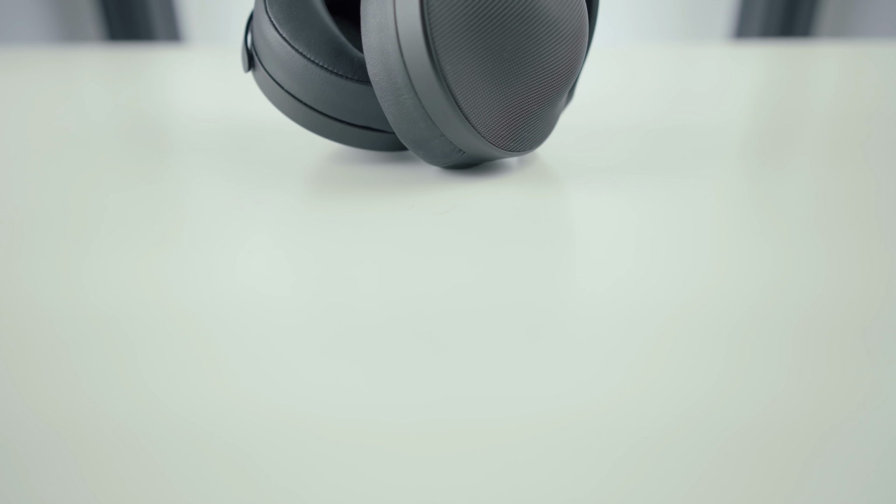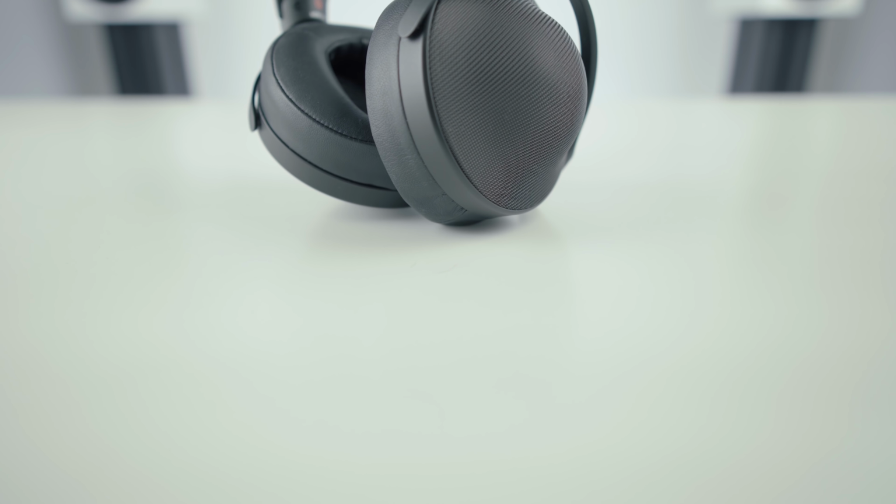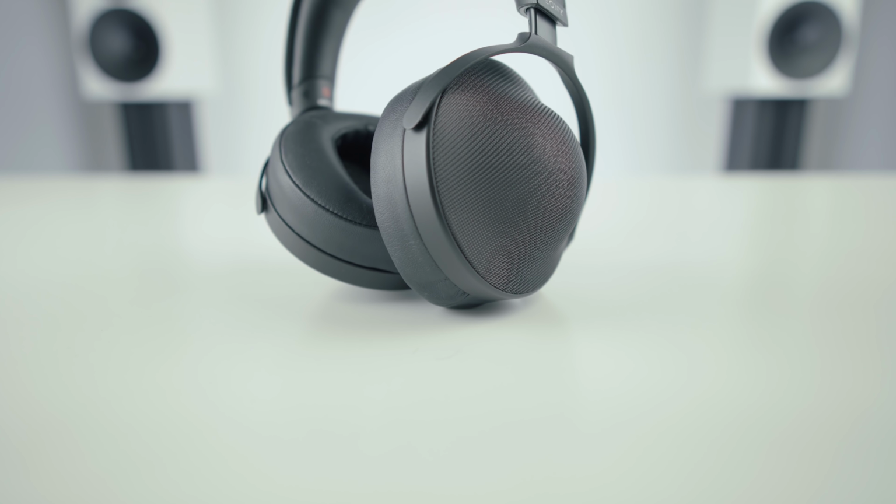Okay, another category that I wouldn't normally bring up is amplifier pairing. Now, efficiency doesn't always mean less revealing. In this particular circumstance, it is true though. It is still a revealing headphone. It will show you whatever you are putting through it, even though it's a pretty efficient headphone by itself. But in comparison, the 820 is far more revealing